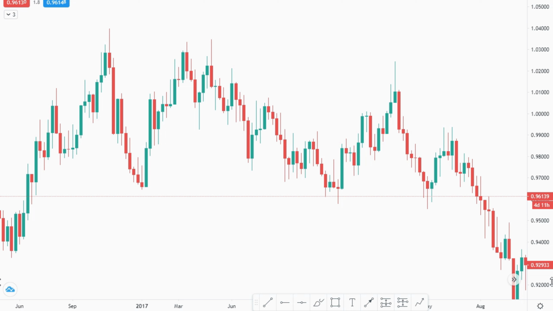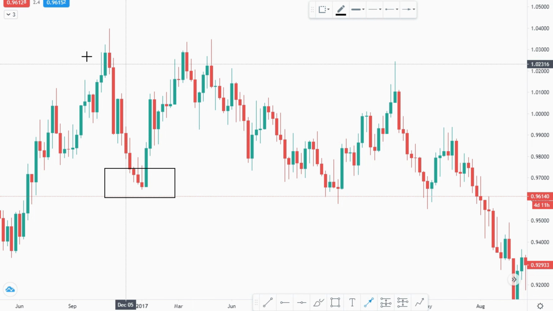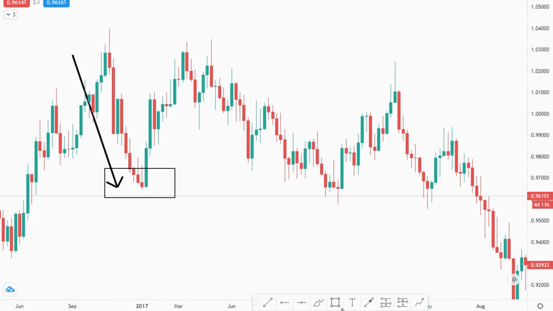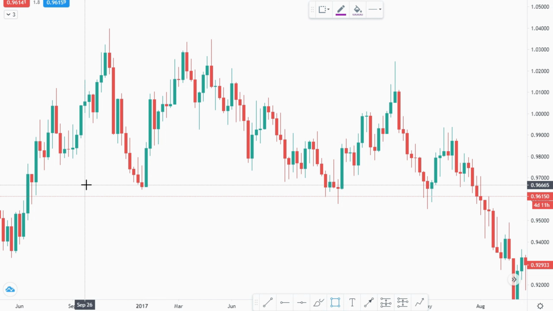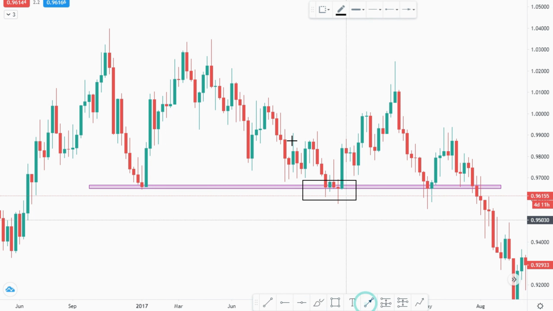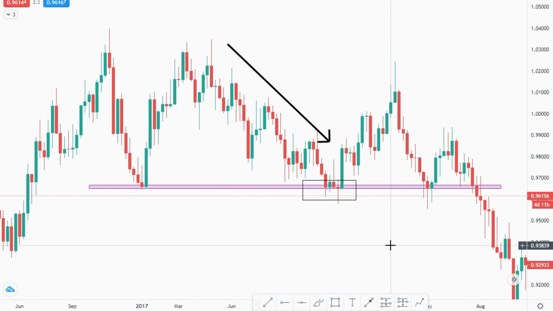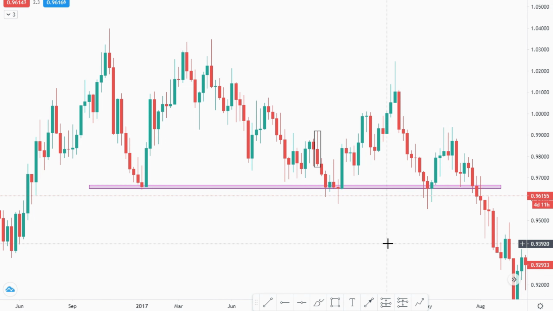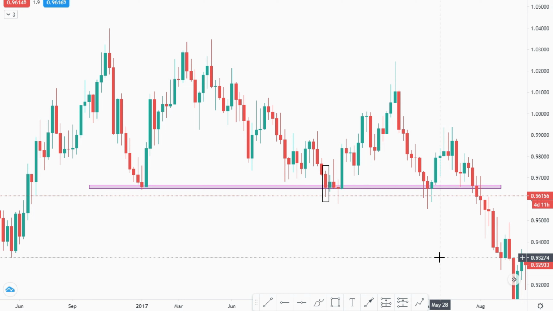Here, price came down, hit and reversed, giving us a good level of support. So we draw that in. Then price came back down to this level. We are looking for some kind of price action to form. First, we have a big candle, a smaller candle, and a long wick red candle showing buyers' presence, and a long wick candle rejecting the key level. Finally, buyers took control of the market.